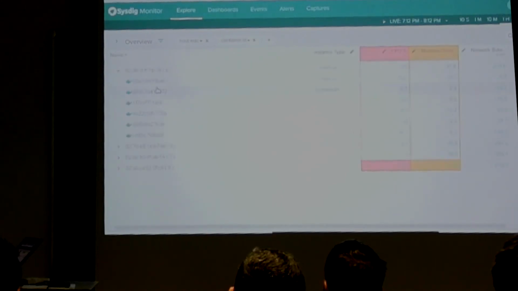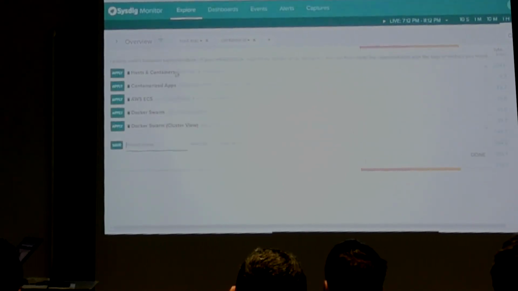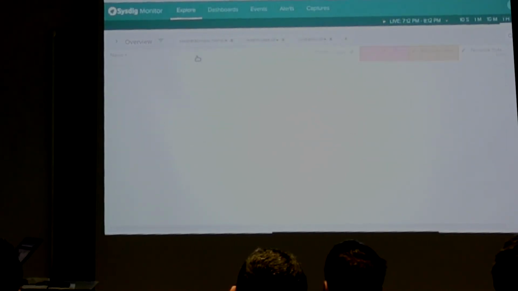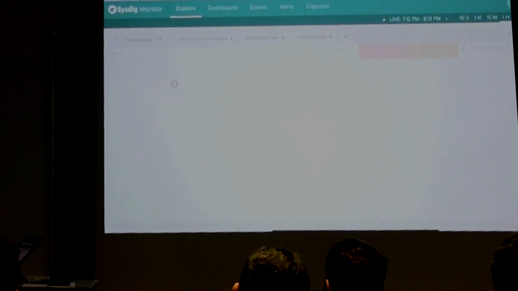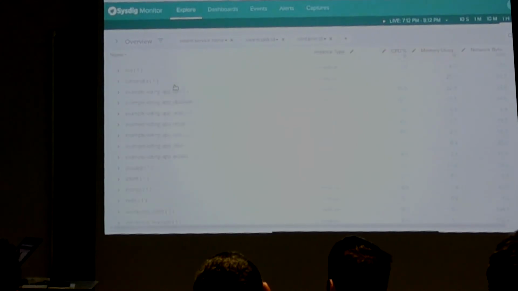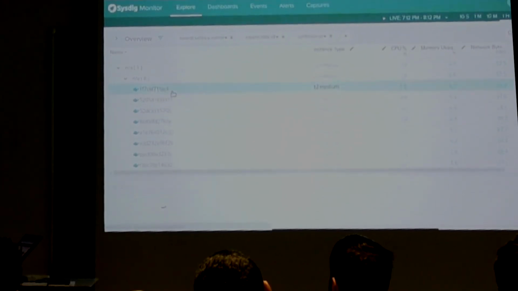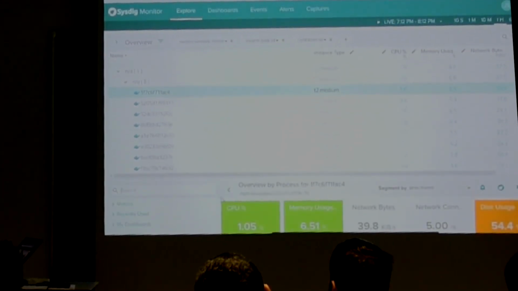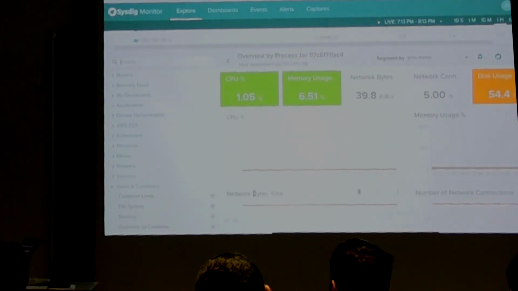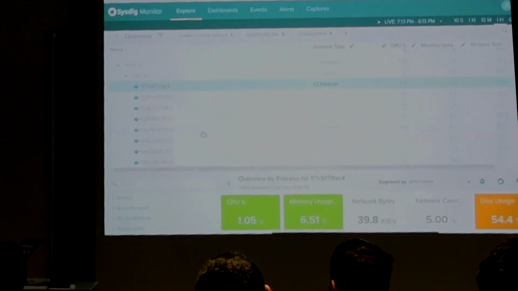Let me do this. I have not prepared the answer before. So here we have all the Sysdig agents. Anyway, each of these is one of my Sysdig agents.